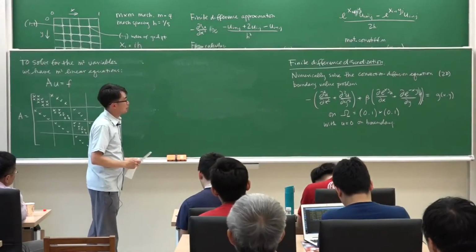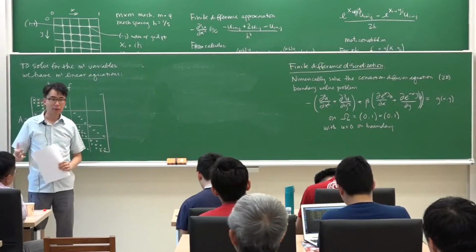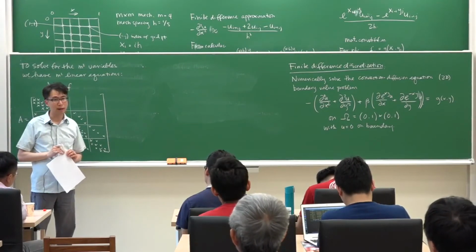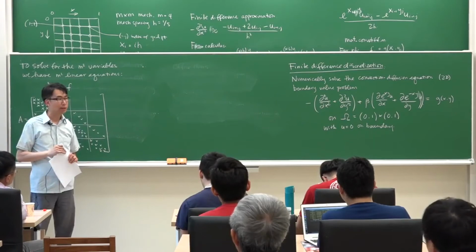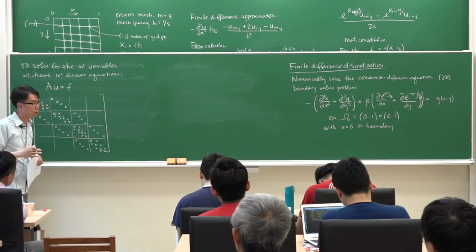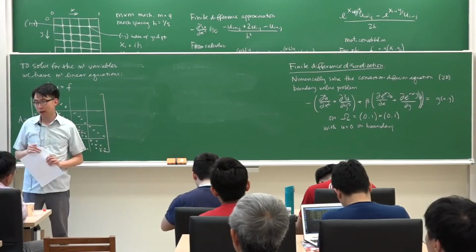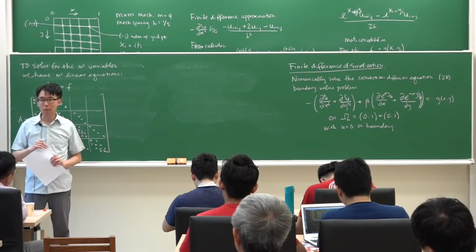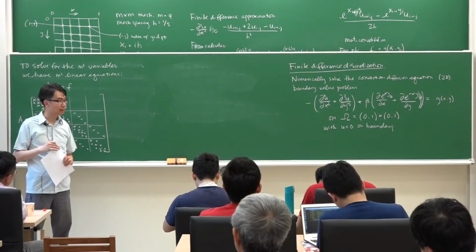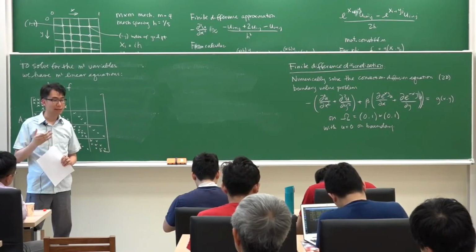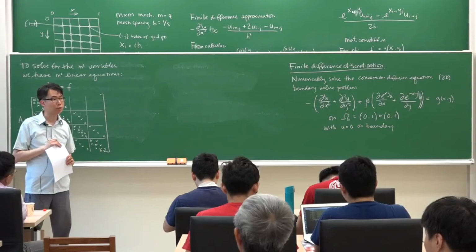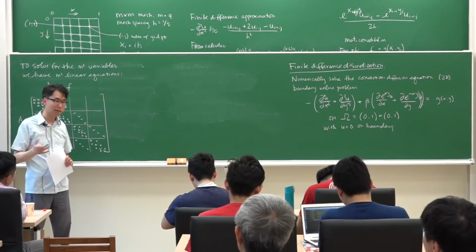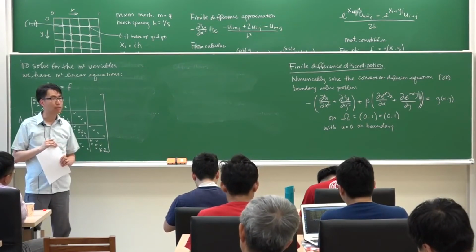So we want to solve this set of equations Ax = b. There are a number of ways of doing that. We are going to talk a lot about iterative methods for doing that. But before we do that, I want to say something about direct methods for solving these equations Ax = b. The reason I want to talk about direct methods in this course is because a lot of the preconditioners that we may want to use later on could be related to these direct or LU or Cholesky factorizations of this matrix. So in order to understand some of these preconditioners later on, we want to understand something about direct methods.